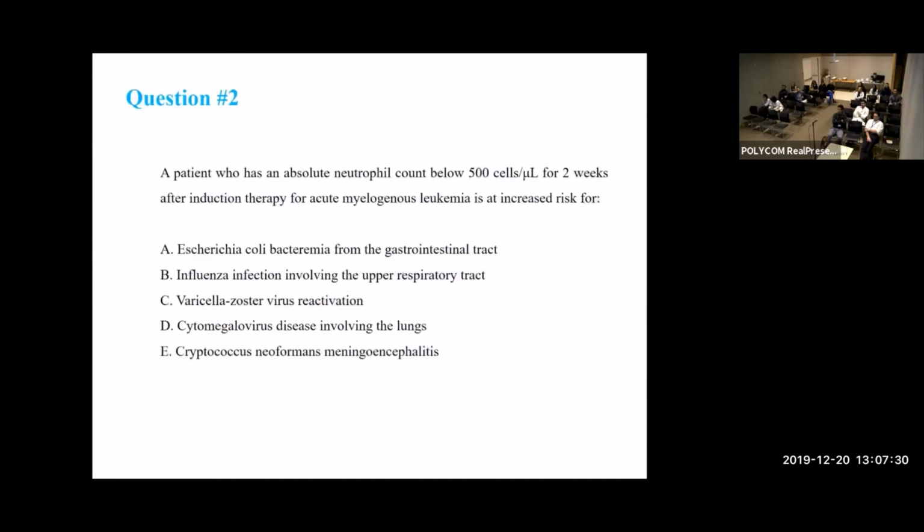So as I said, the most common pathogens in these patients are the normal flora. So E. coli and gastrointestinal tract pathogens are basically the most common pathogens that are going to be involved in these cases. These patients are not at greater risk for varicella or influenza,